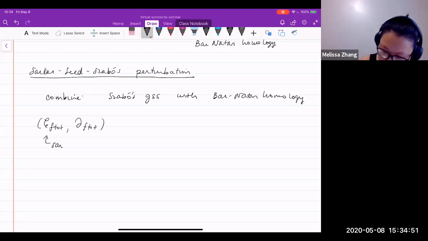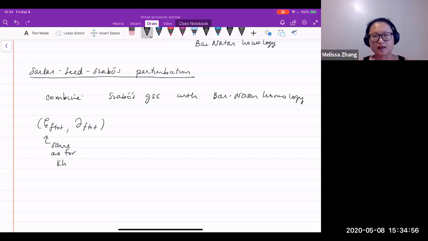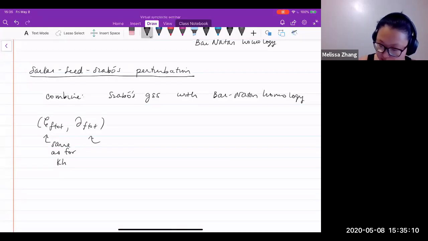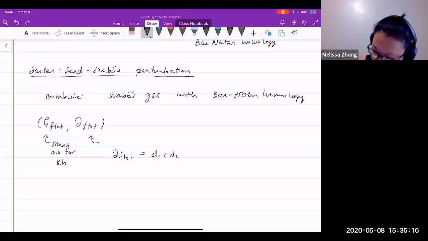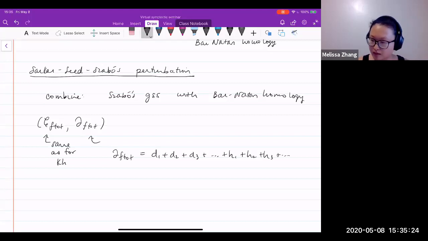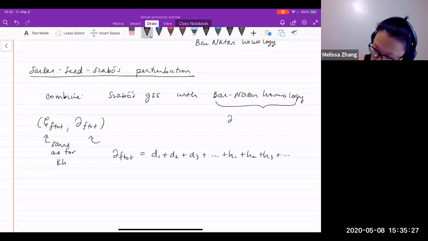These chains are going to be the same as those for Khovanov homology. So like I showed you at the very beginning, you basically just say, if you have a circle, you attach a 2-dimensional vector space. And then if you have multiple circles, you just tensor that by itself a lot of times. This is actually going to be something quite extensive. Okay, so I'm going to call this Khovanov homology plus